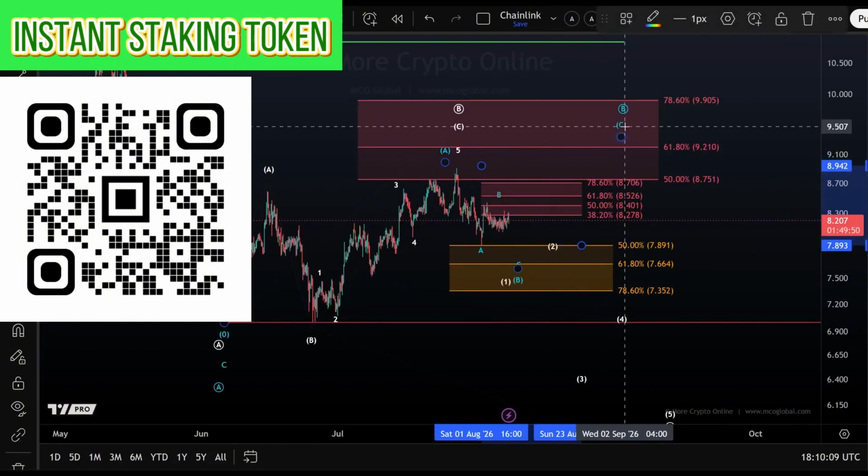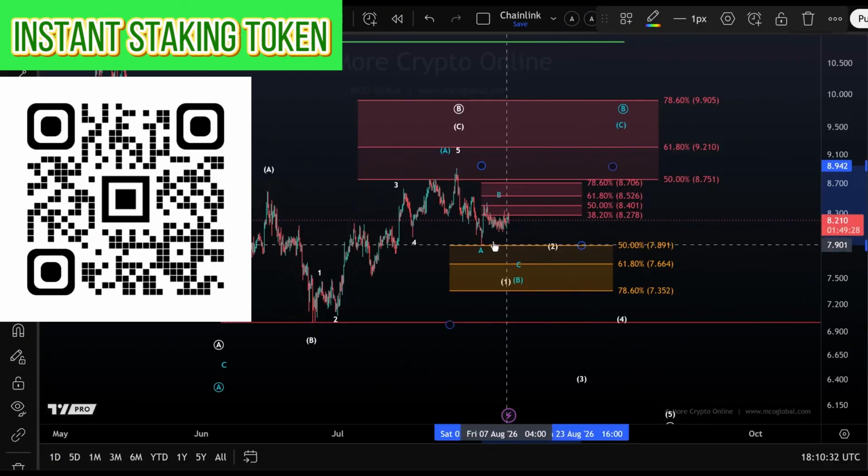3-wave movements. For now, it's entirely possible that the market is on its way into the support zone between $7.35 and $7.89. We've already touched it in August. We could easily test it again, go maybe a little bit lower, test the area around $7.35 to $7.66, which are 2 Fibonacci support levels. In the blue count, this is possible as a B-wave pullback. And if we see any impulsive upside reaction to that support area, then it would likely be the extension of that corrective rally, which we label as a B wave, that started in June.